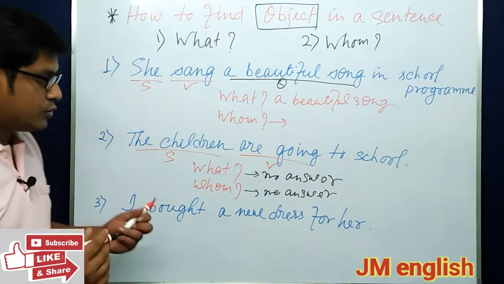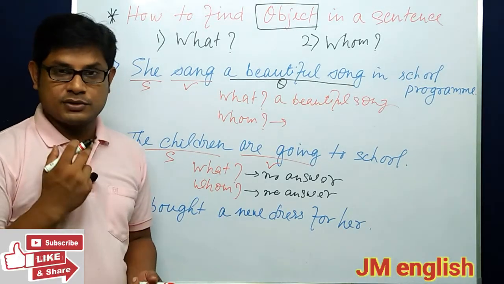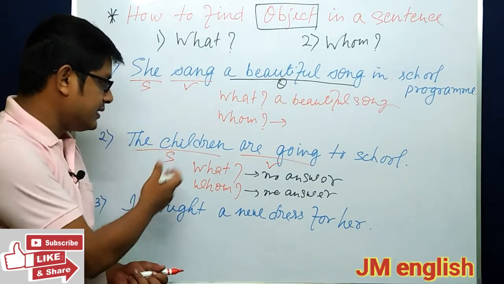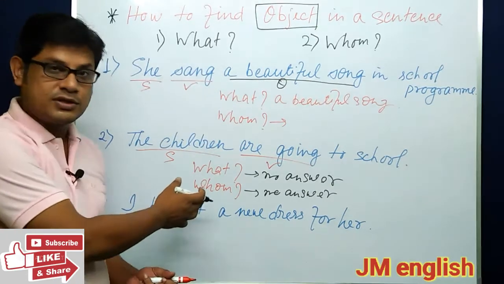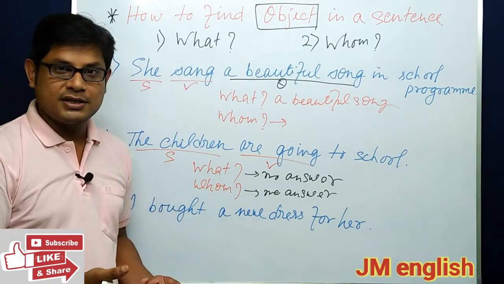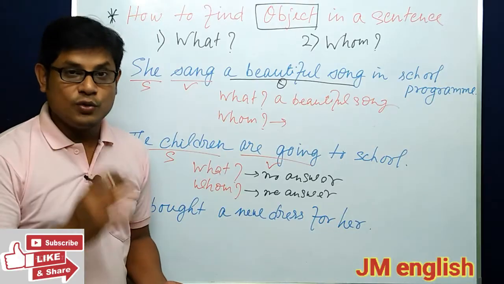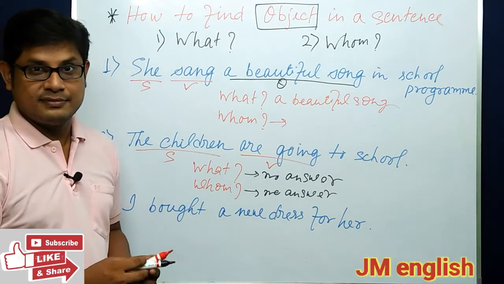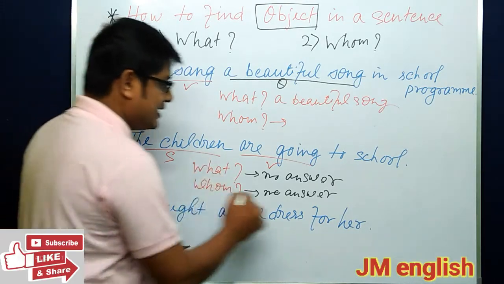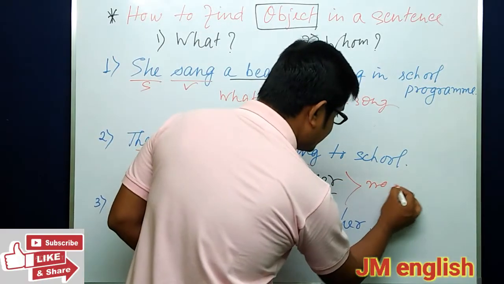Okay, so now you have this doubt or confusion. See, this is the sentence, and without any answer from this question, what is the object? The answer is there is no object in this sentence. Yes, you heard me right. There is no object